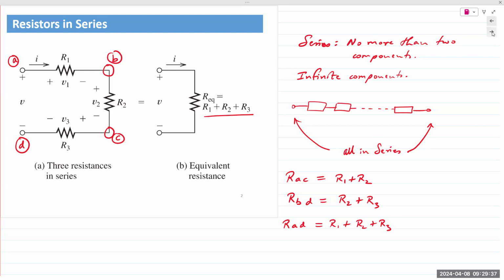Then one more point is, if you have a current I that is flowing through R1, logically thinking, is there any other pathway for that current to flow through? No, there's only that single pathway, right? So if it's series, the current always remains the same. Okay, if it's a series connection,